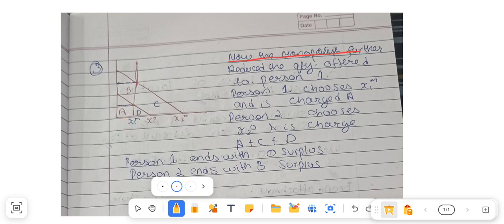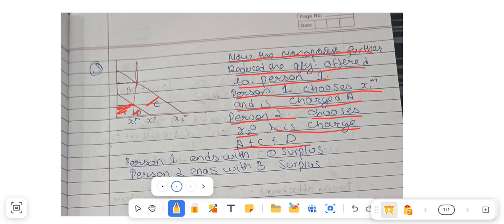So the monopolist further reduces the quantity offered to the low demand group, which is person 1. So the low demand group has to choose x1m amount and is charged A. Now person 2, which is the high demand group, chooses x2 amount of good and is charged A plus C plus D. It means if the high demand group consumes more, they would be charged A plus D plus C,